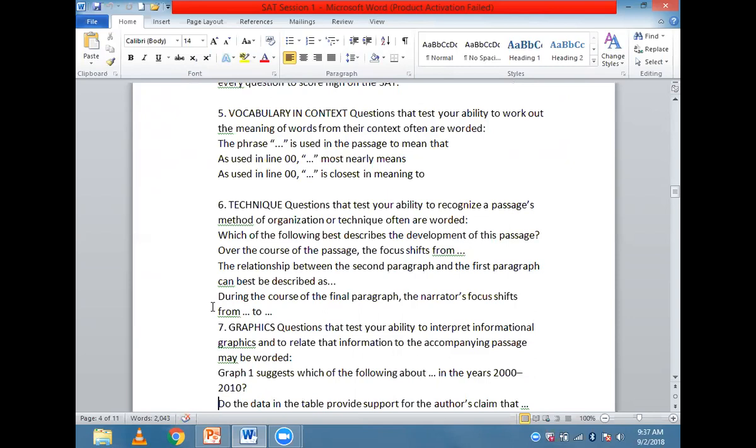Another thing to be noted is that learning all these skills also helps you in the essay section, because reading analysis is an important part of the essay itself. So once you develop the understanding of reading analysis, techniques, and recognizing arguments, it's definitely going to help you in the essay section as well.